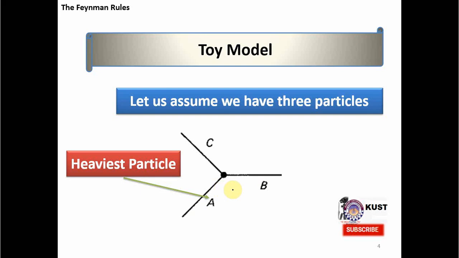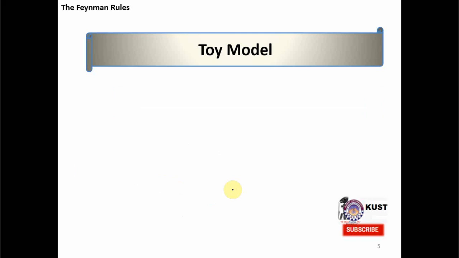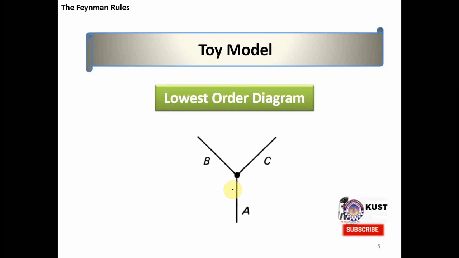Yes, there could be higher order corrections. For example, this is the lowest order diagram I have drawn again in a different setting. You can see that the line A is representing the particle A coming in, and it decays into particle B and particle C. So this is the lowest order diagram where only one vertex is involved. And as I already said, the question arises whether there can be contributions coming from higher order diagrams where more vertices are involved.